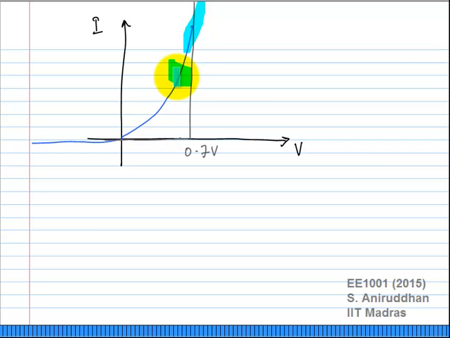To use this characteristic, do you need to know anything about the diode? Suppose I told you this was the characteristic of the diode, the green one. Do you need to know anything about the diode? Do you need to know the saturation current? No, you don't. We are just blindly replacing the diode with this. So the whole idea of this is to get a good estimate of the operating point. For example,